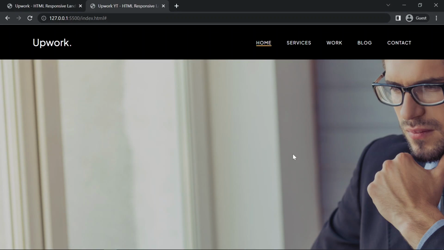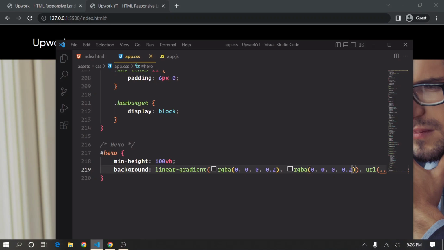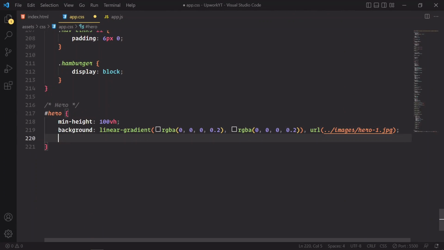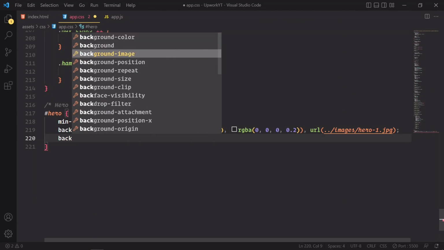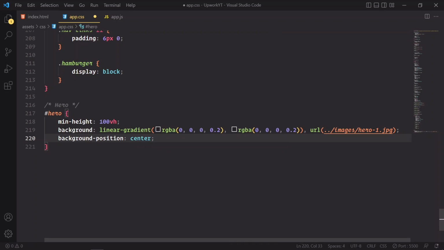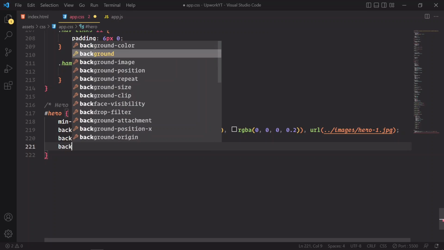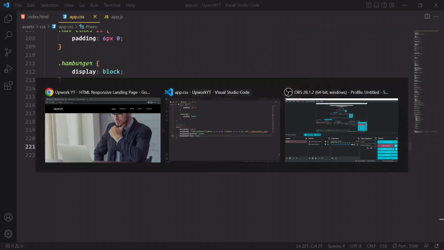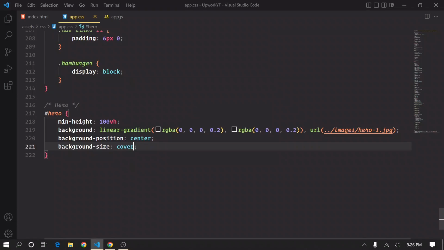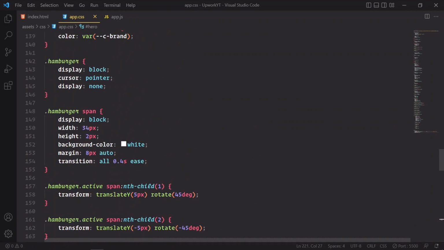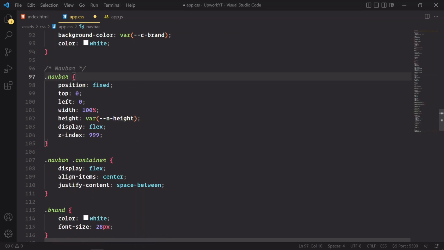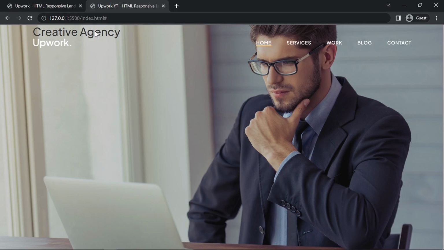Save it. So as you can see, and I'm going to maximize this, and I'm going to change the background position to center and background size to cover. All right, and I'm going to remove the background color from the navigation bar. Save it. Okay,